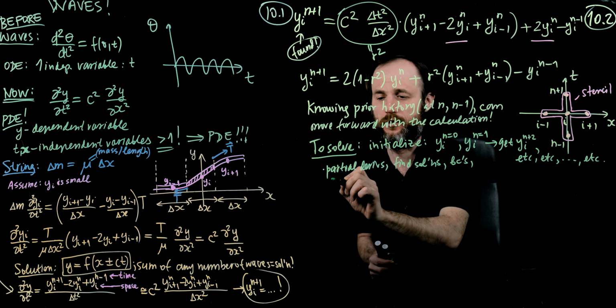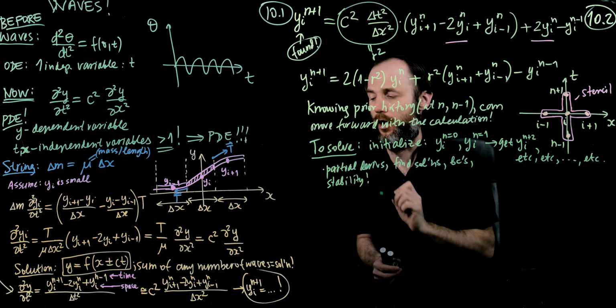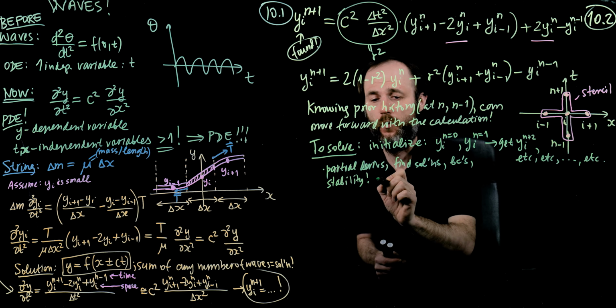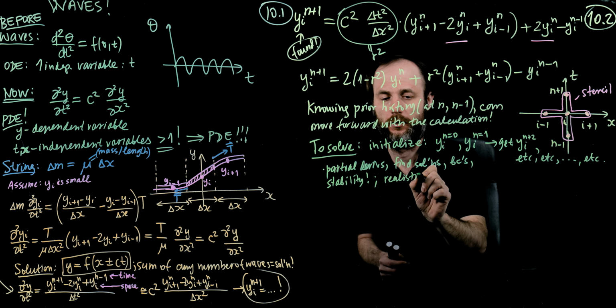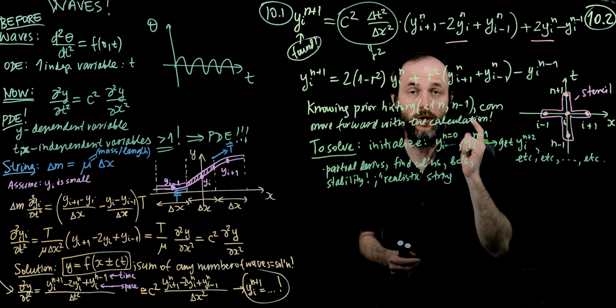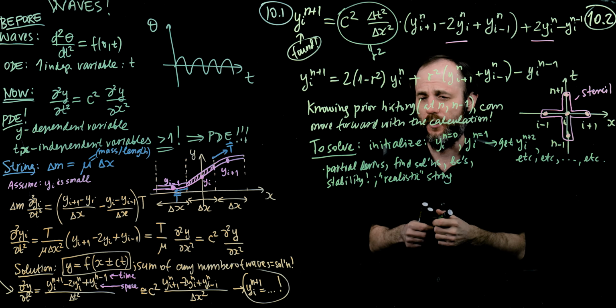And we're going to discuss a little bit of the stability of the spring. Plus, we're going to talk about a realistic strain, and we're going to see what that means. So let's talk